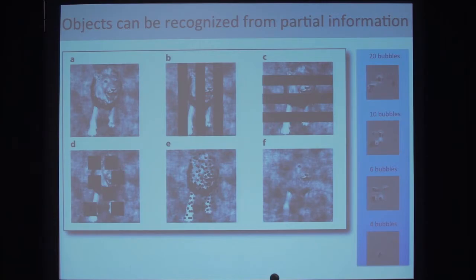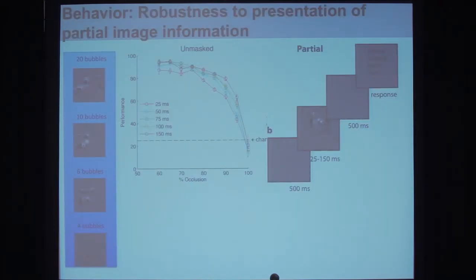There's a number of different ways in which we can create images that are incomplete, and where, in order to be able to recognize them, we need to do pattern completion. And I'm going to argue, based on behavioral evidence, physiological evidence, as well as computational evidence, that we actually may need recurrent and/or feedback connections to solve this problem. So let me start from the behavioral part.